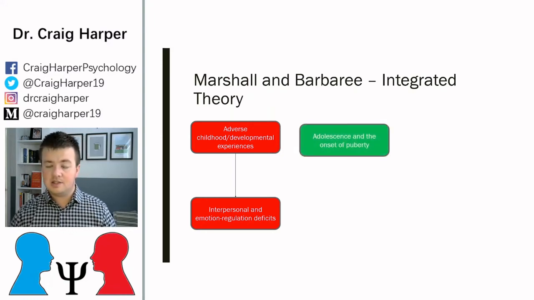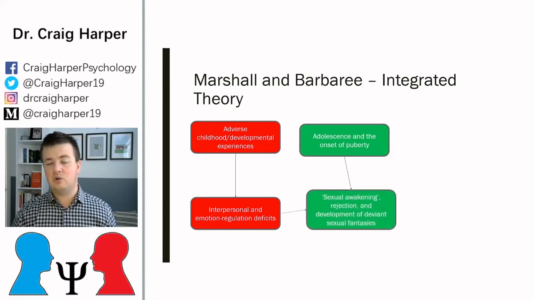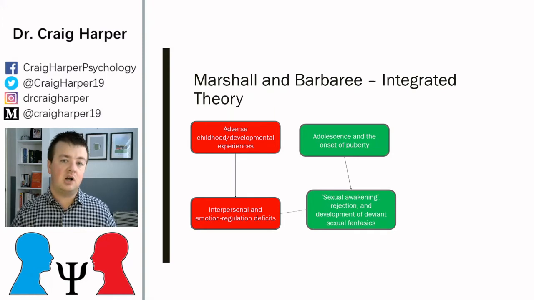Now, obviously at a certain point in time, an individual, typically we're talking about boys here, has the onset of puberty, this rush of hormones that we might refer to as the sexual awakening. What that means is they start to realise that they are sexually aroused or sexually attracted to typically members of the opposite sex. And with that, they start to seek out opportunities for sexual outlet or sexual interactions. We're not necessarily talking about sexual intercourse, but maybe forming relationships or beginning to form relationships with the targets of their sexual arousal.